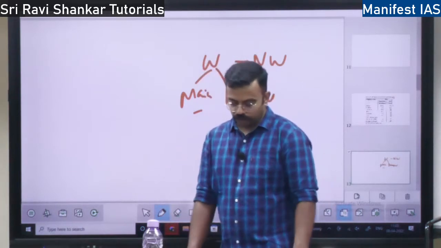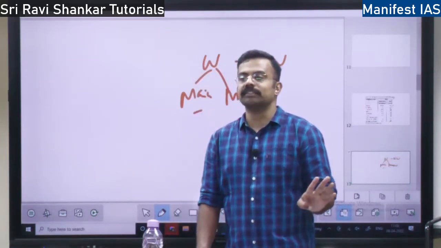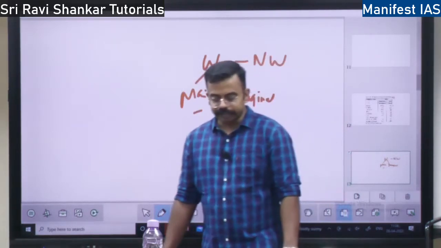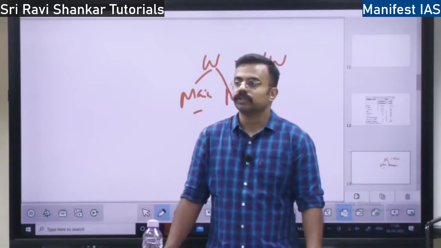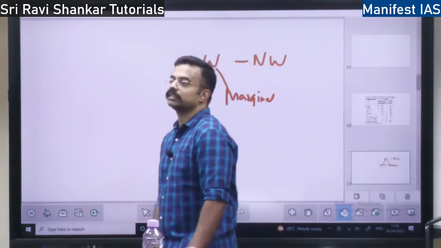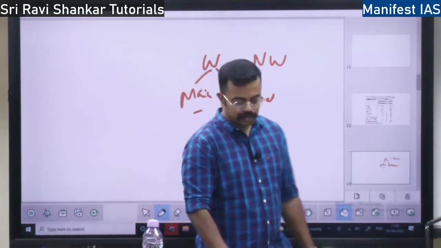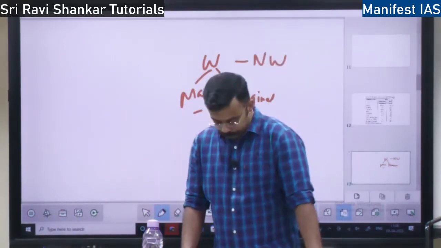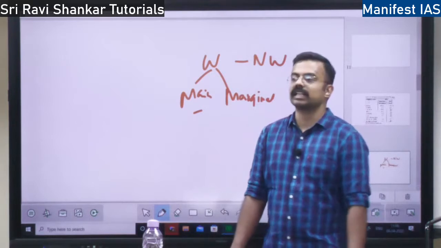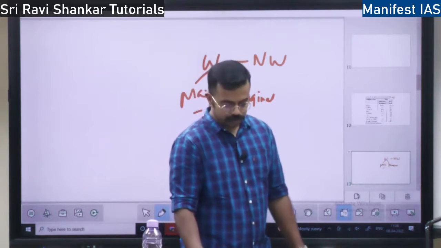Okay. So next we will talk about the working population. You can classify the working population into 4 categories, right? The first category is cultivators, those who own land and do agriculture. The second category is agricultural laborers, who work in the fields of other people for wages. The third category is household industrial workers. And the fourth category is other workers. So totally there are 4 categories of workers we can classify in India, right? This is all about the workers.